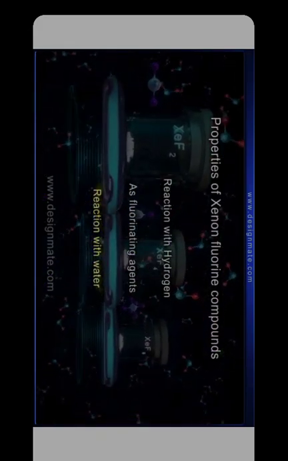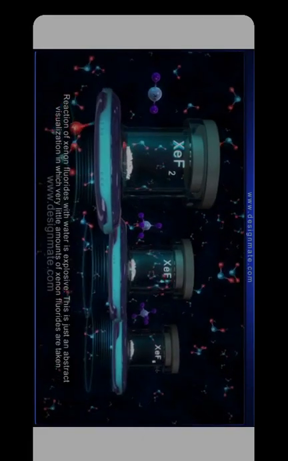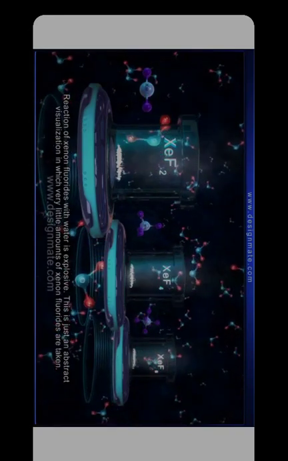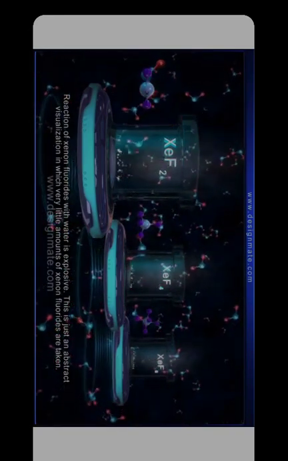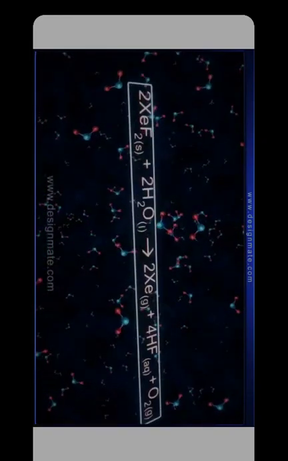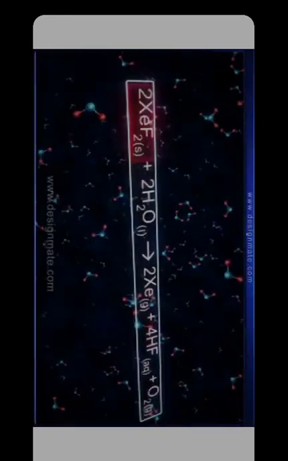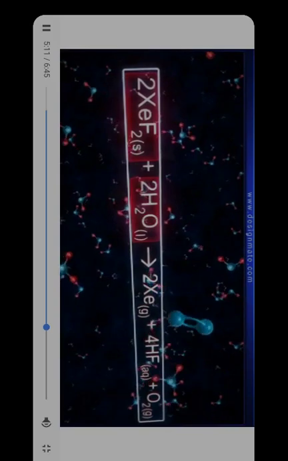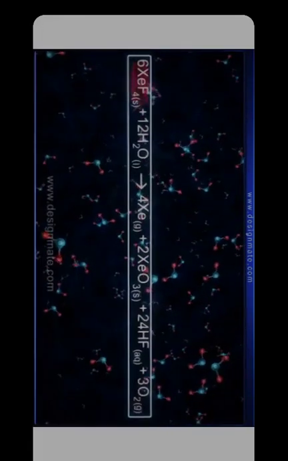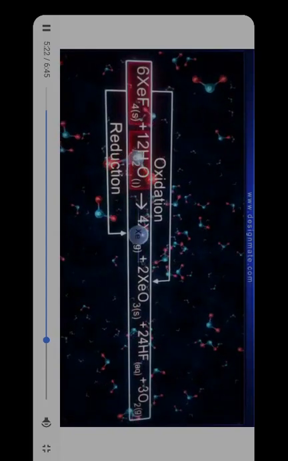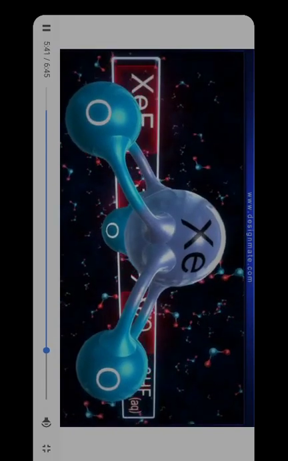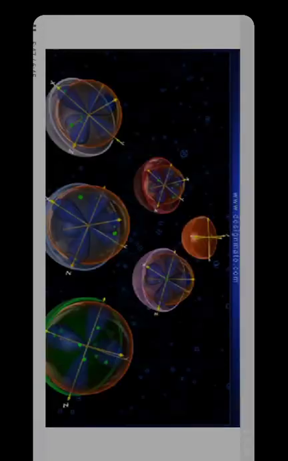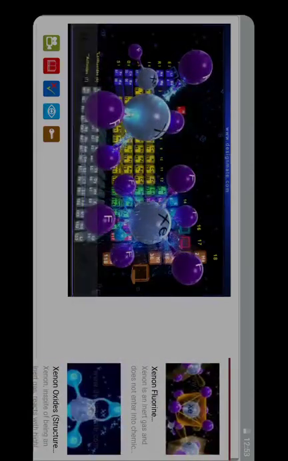Reaction with water. Xenon fluorides must be carefully stored away from water as they are readily hydrolyzed even with traces of water. Let us study the reactions of xenon fluorides with water. XeF2 is soluble in water but undergoes slow hydrolysis, evolving O2. XeF4 giving xenon trioxide and XeF6. To sum up, we have studied that xenon combines with fluorine to form